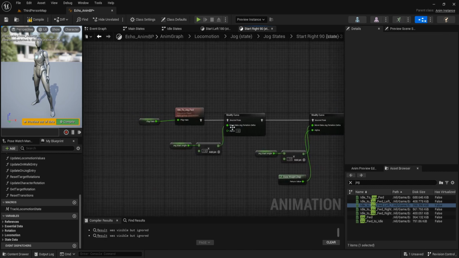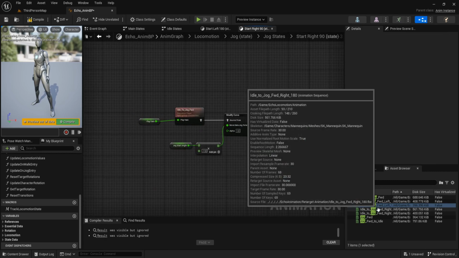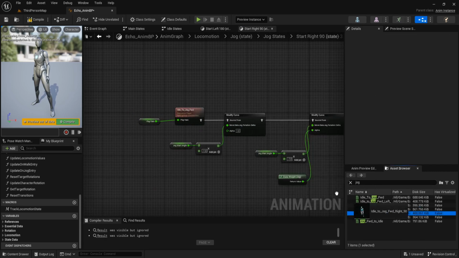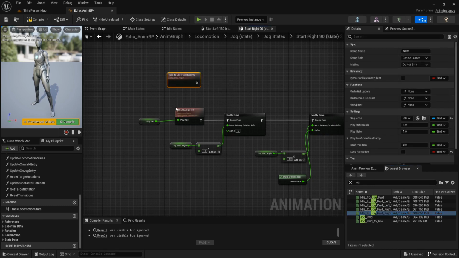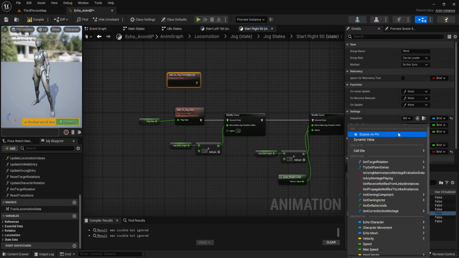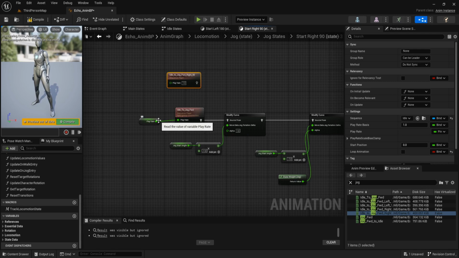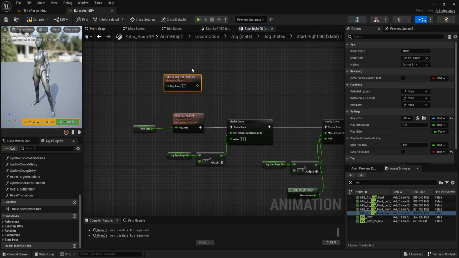Start right 90. Jog forward right 90. Expose play rate. Group name is locomotion. And transition leader sync group.